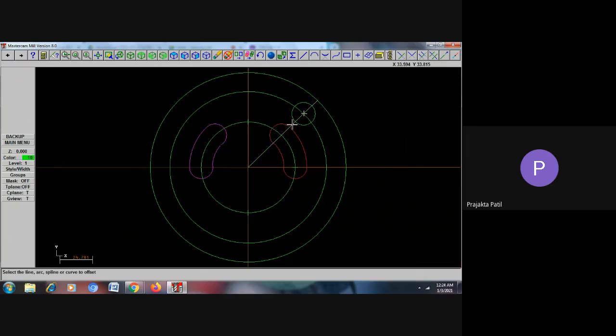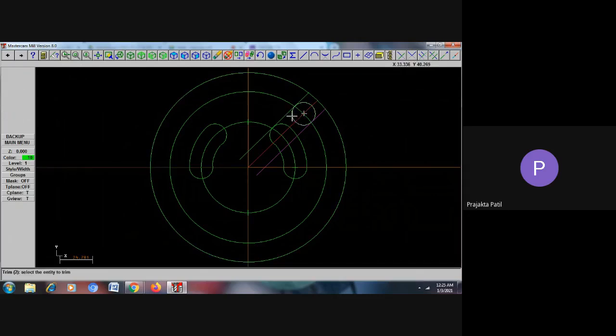So this line that has now been chosen, that is white color, you select that, and on which side, whether you want it on the left side or you want it on the right side, on that side you have to click. So I click it here, so you get a line on the left side of it. Likewise, again I'll select this line that needs to be offset and I click on the other side, that is the right side. Now I can go to modify and trim option and trim the unwanted part.